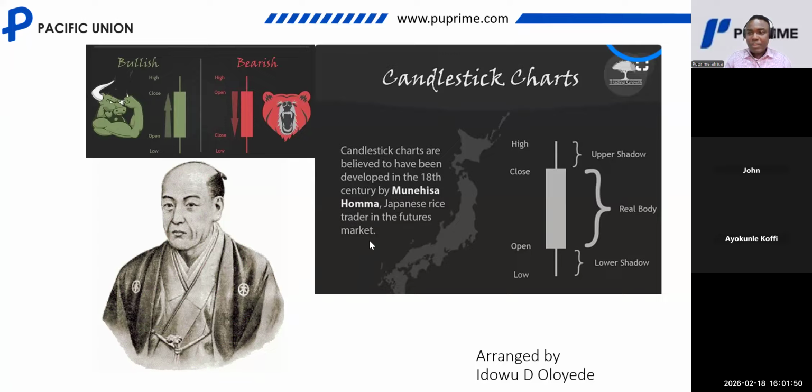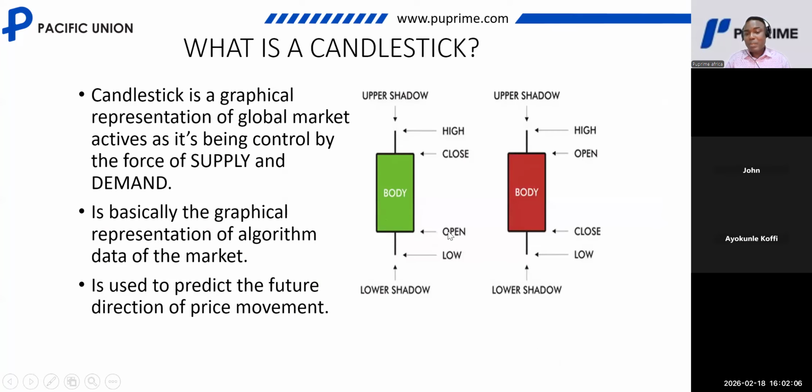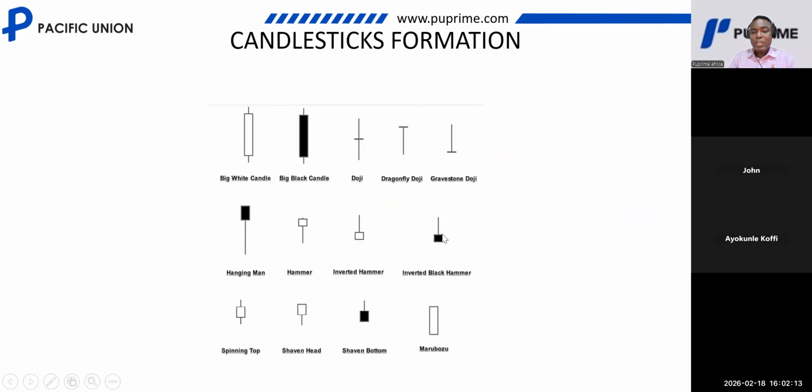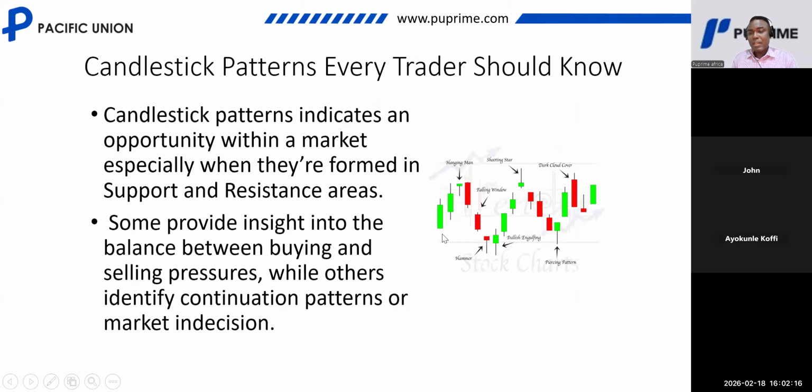Candlestick charts were actually developed by Japanese rice merchants in the 18th century. A candlestick is made up of three parts: the upper shadow, the lower shadow, and the real body. We also have four price points: the open price, the low, the high, and the close. The size of a candle depends on the volatility of the market. Bigger candles indicate there is more volatility in the market, while smaller candles indicate that the volatility in